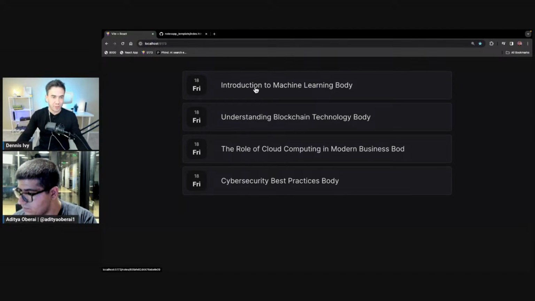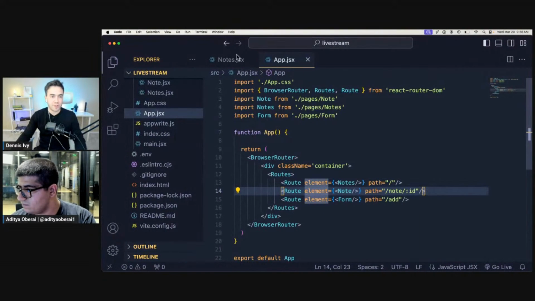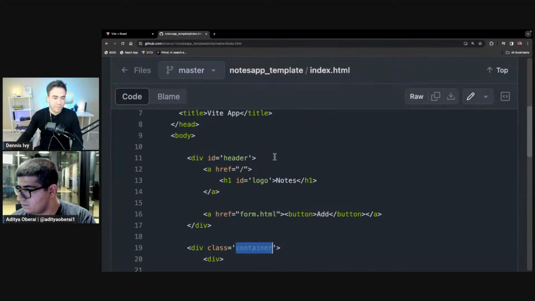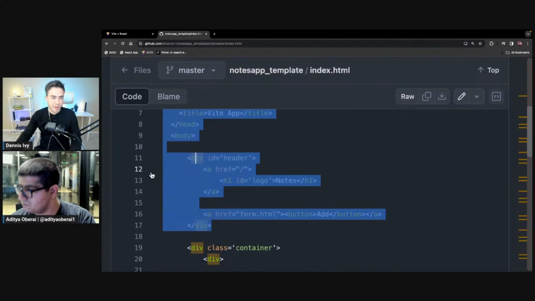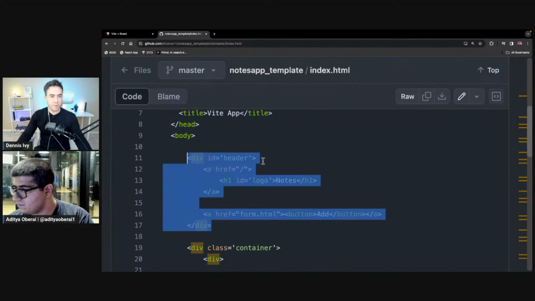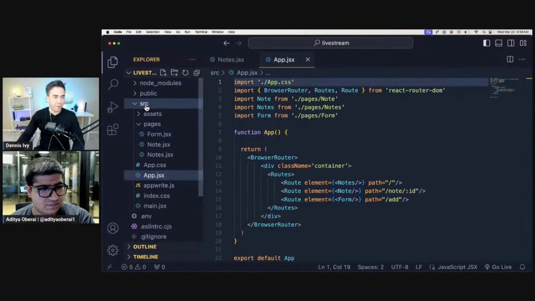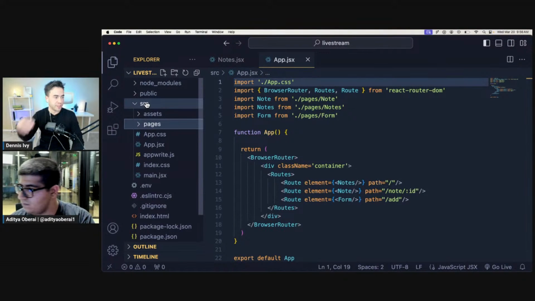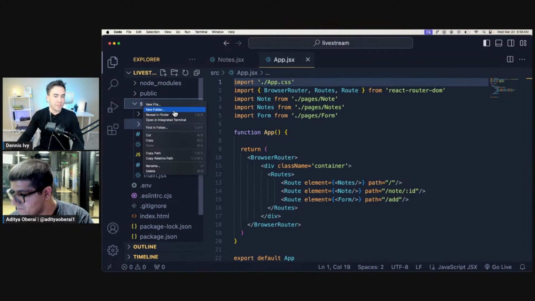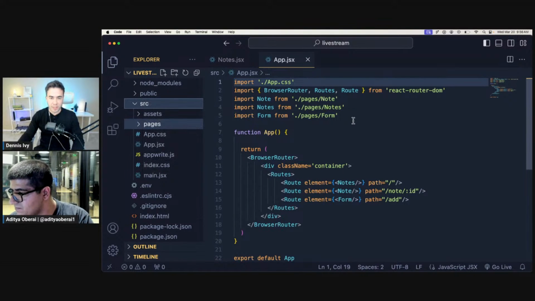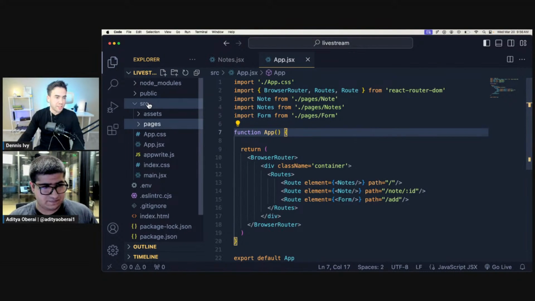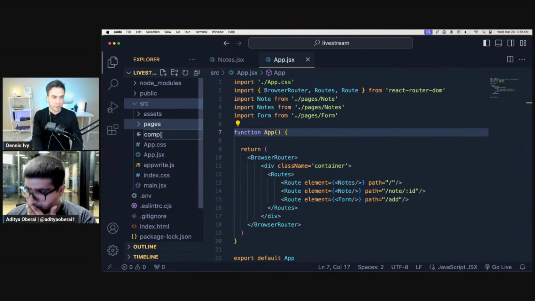And then the last thing I'm going to do is just go ahead and add a header here. So we'll steal that real quick. We'll take this entire header. And I'm going to create a component within React. So we didn't talk about that yet. So a page component is something we can just insert into a page. We technically did that with our pages right here as we brought those in, but I'm going to separate this